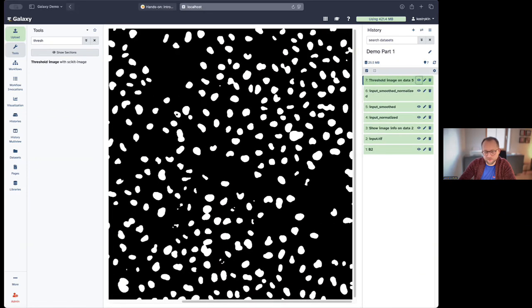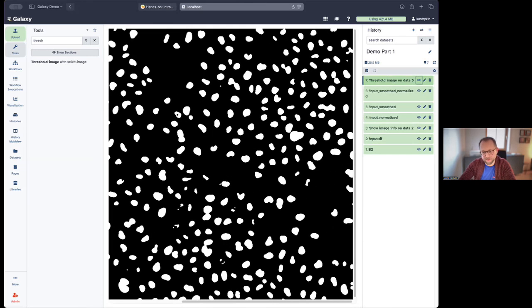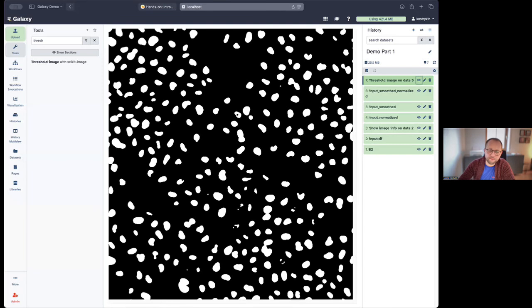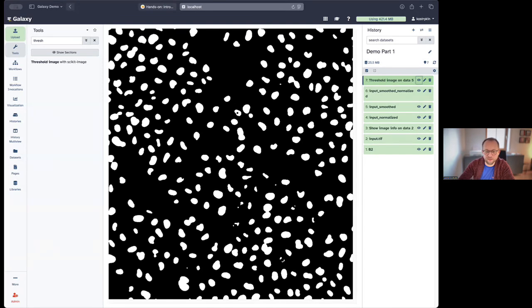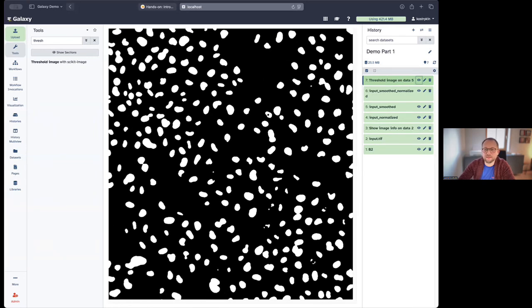And this is what the result image looks like. So here we have black image pixels, which correspond to the image background, and white image pixels, which correspond to the image foreground. However, we also want to perform object counting and not just segmentation. And this means that we need to identify the individual objects and not just the image foreground.